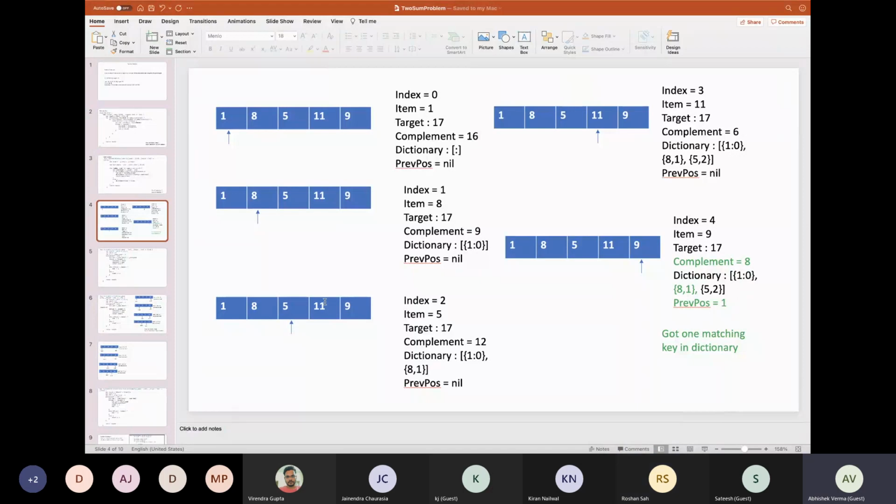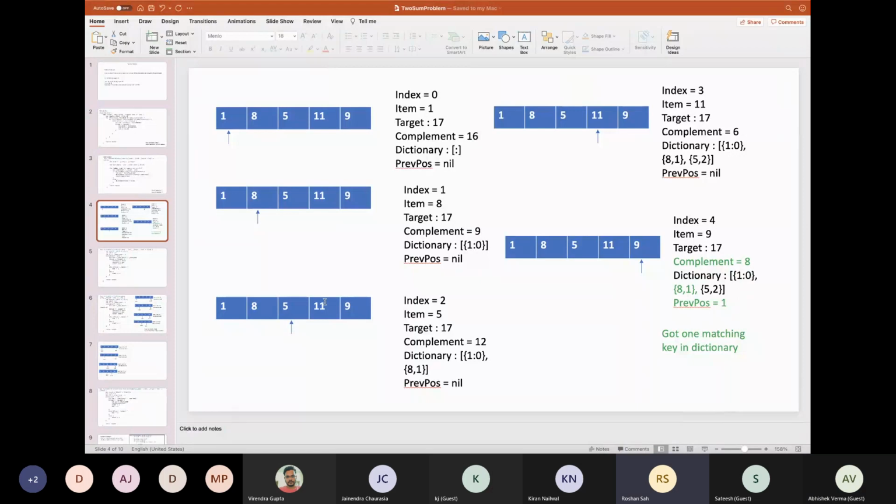But if there are elements where we have duplicates in the array, then we have to cater to that also.